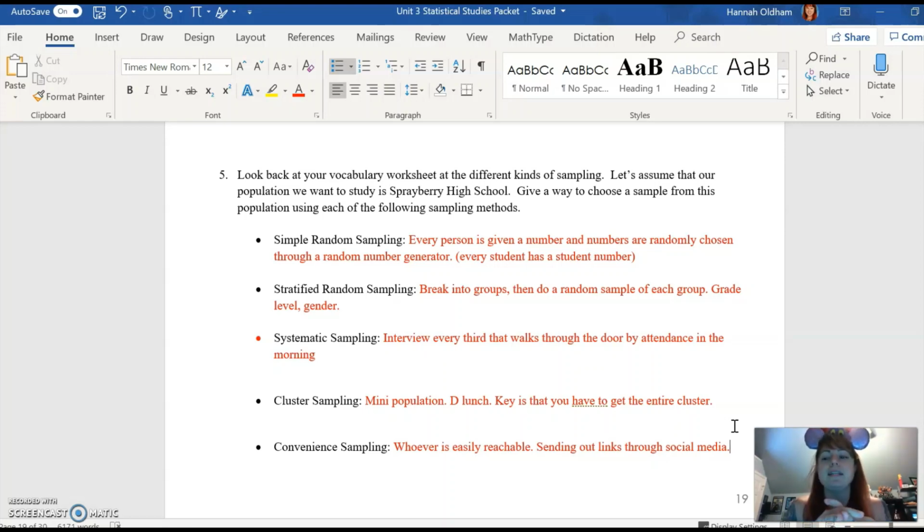Convenience sampling, in its name, is what's convenient. So if you are not conscious about it and just send it out and you got the first 50, but they're all your friends that are all the same age and all the same demographic, okay, that's not a good sample. It's not everybody. So you just need to be conscious in your convenience sample that you have other people. If you need to throw out some data to make them equal, you might have to do that.